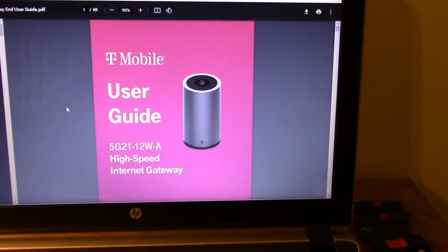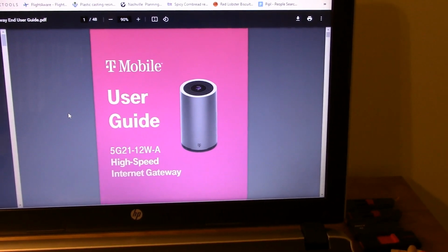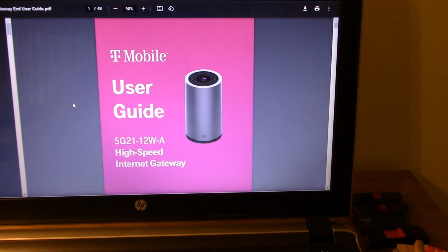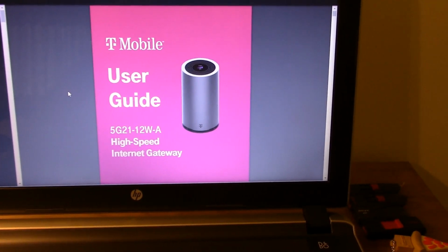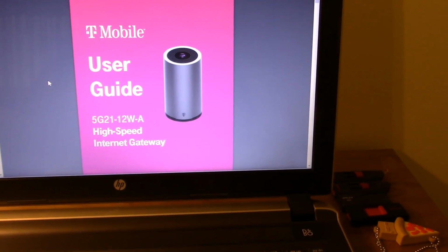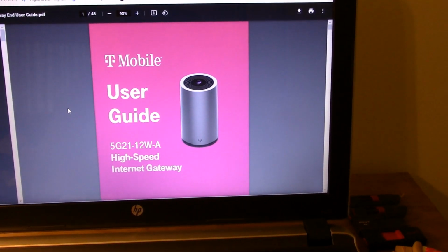what I'm going to do here is a speed test on my current home internet, which is AT&T. It is a copper wire DSL. It's not a fiber optic. They want a lot more money to upgrade. But what I have, I really don't have a problem with other than the cost. And T-Mobile's offering this for $50 a month, unlimited